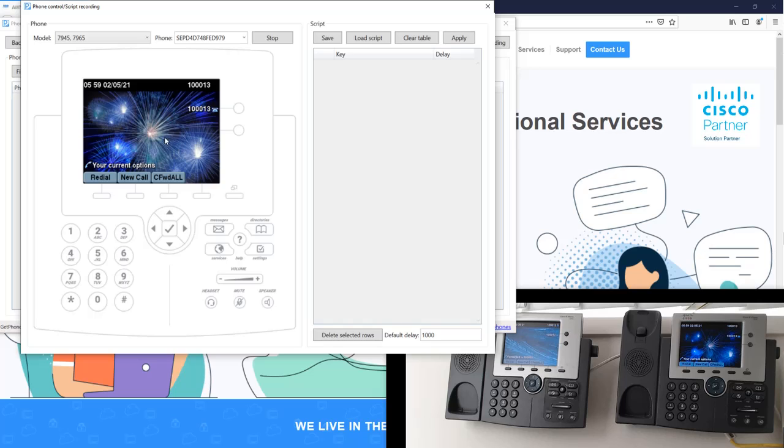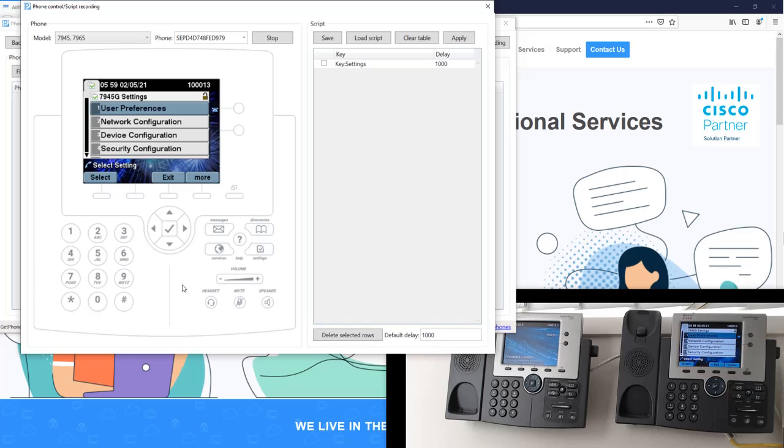So the next step would be to go through that background image update process exactly the same way as you would do on the physical phone. So let's go to Settings. There's a little bit of delay updating the screen, and select User Preferences, Background Images,